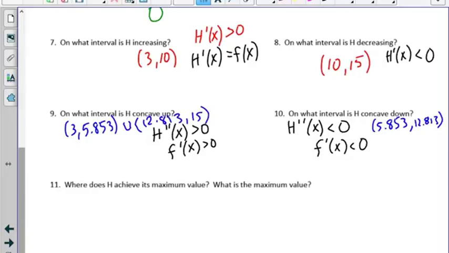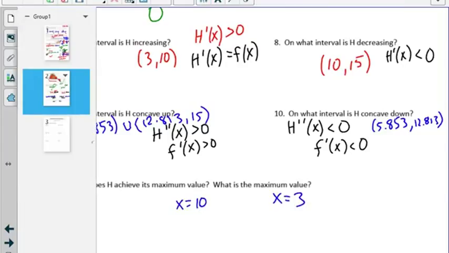Finally, where does h achieve its maximum value? H achieves its maximum value at x equals 10. It achieves its minimum value at x equals 3. Let's talk about why that is. So it achieves its maximum value